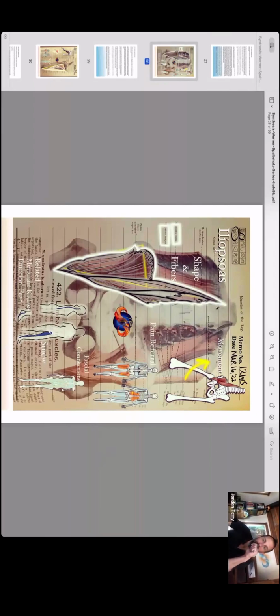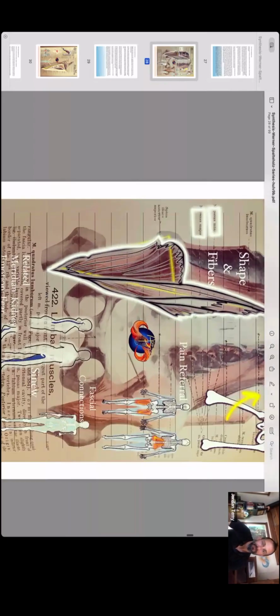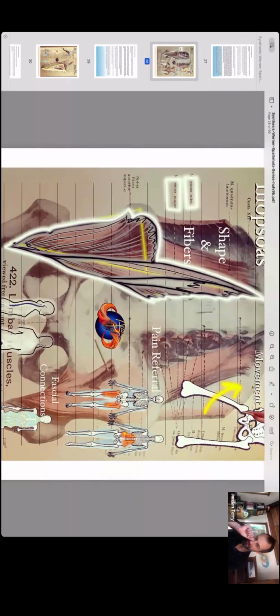So the first thing is pronunciation. How do you say that? Psoas. Iliopsoas. There it is. These are ancient dinosaur names. Iliopsoas. It is two muscles, and then they join in and both grab the lesser trochanter down in here. And so again, they don't actually join and become one ever. They just grab the lesser trochanter together. Two separate muscle fibers, they have the same attachment point. And so,